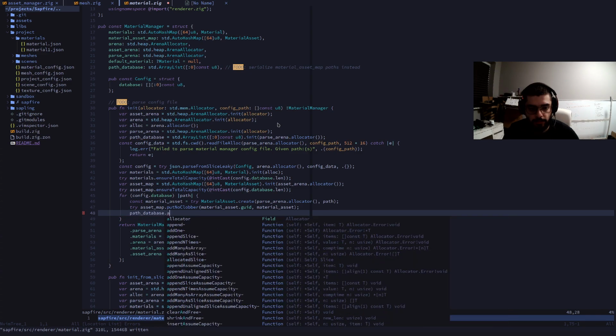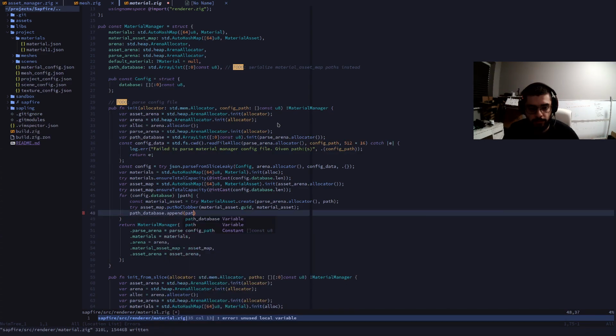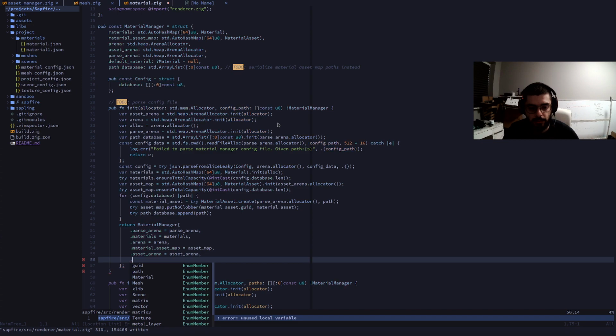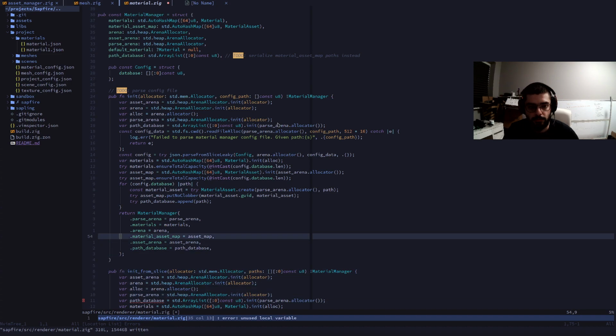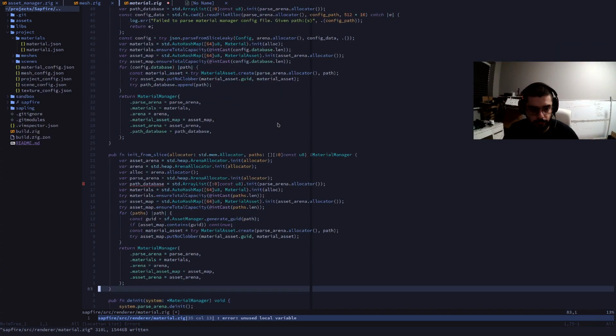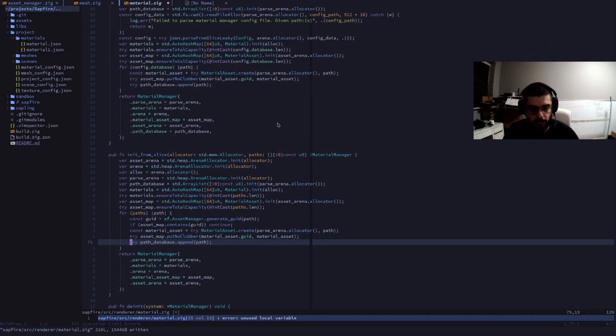Path database append path, and then they should be try here, and then here path database equals path database. Whoops, this should be a comma. And so we copy this somewhere here. We copy this here, and then we copy this here,